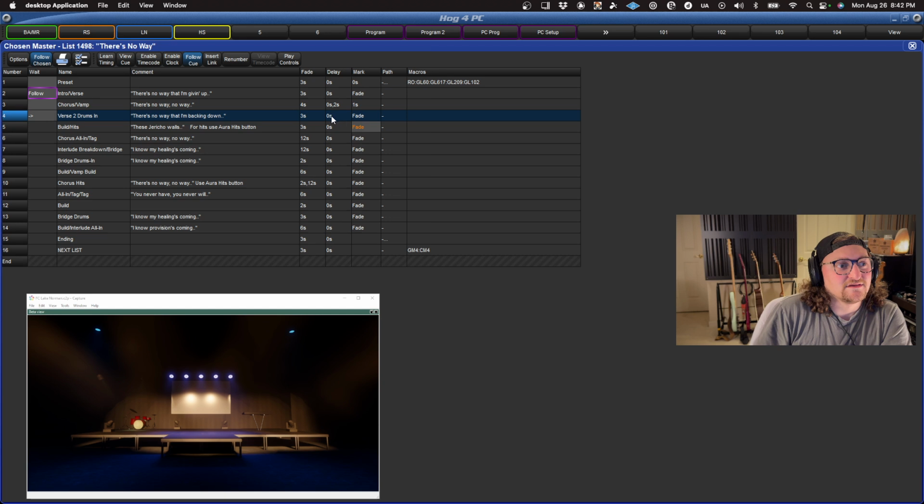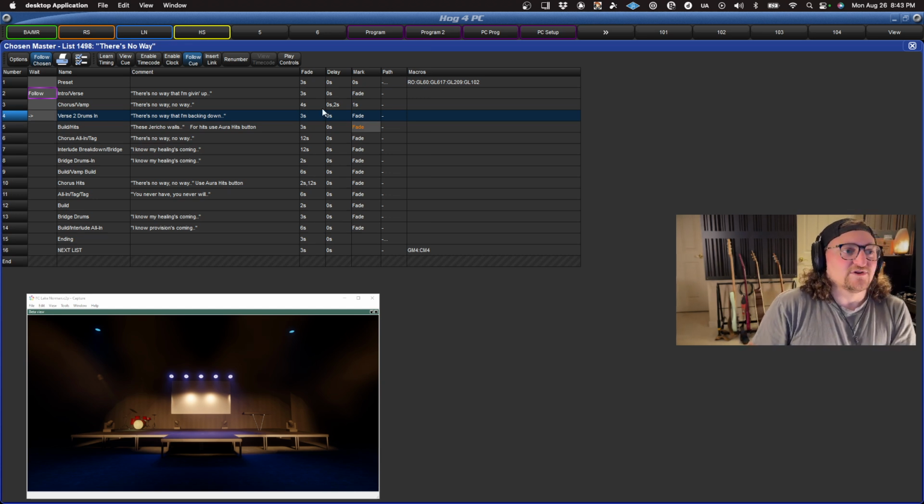Delay time, if there was a delay time here, it would say wait. For example, whatever has the 2 second delay is going to wait 2 seconds and then start a 4 second fade. So it'll actually take 6 seconds in total to do what it's supposed to do, but it doesn't do anything for the first 2, and all of the fading is on the last 4 of those 6. So that's kind of the way delay works, whether it's intensity fading up and fading down, or waiting to move and change positions. All of that